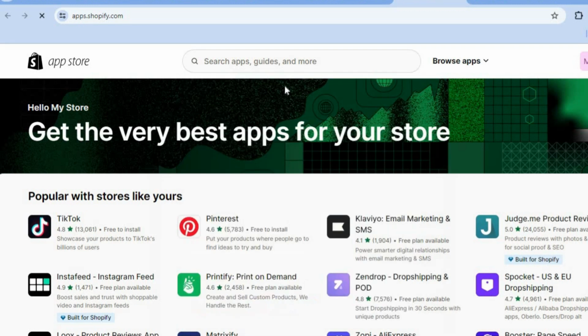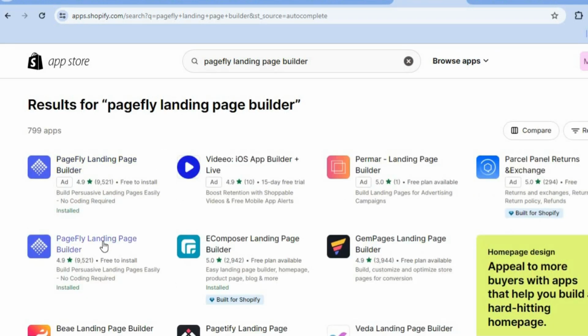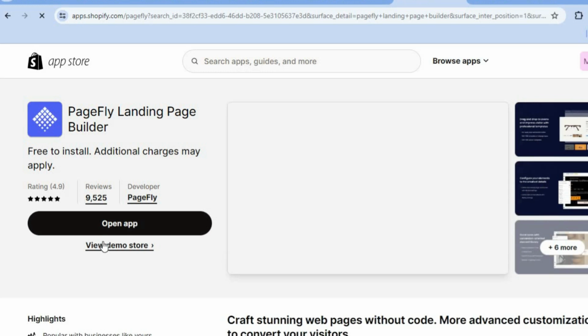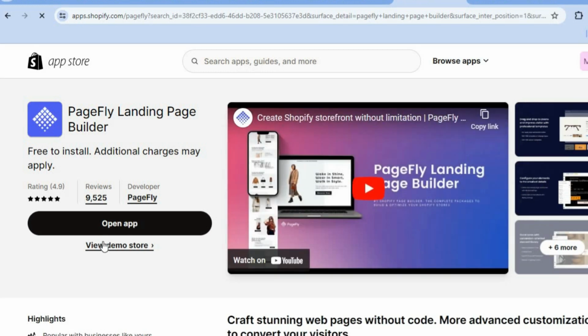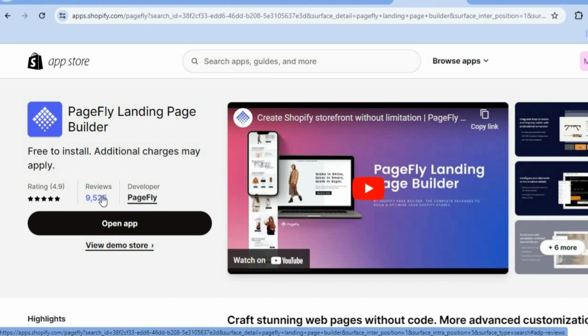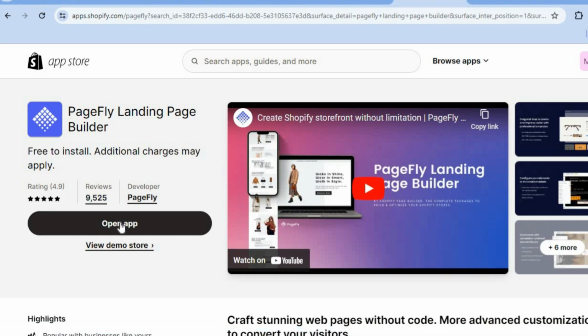in Pagefly. After doing that, you are going to select Pagefly Landing Page Builder, and it is one of the best landing page builders around. And you can see that it is highly rated as it has a 4.9 ratings and it has gotten over 9,000 reviews. After you have installed it, you're going to tap on Open App and then you'll be redirected to